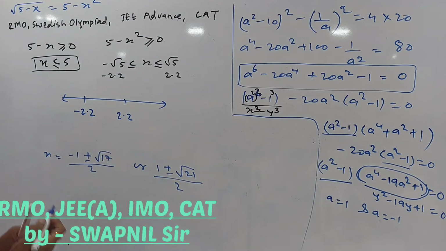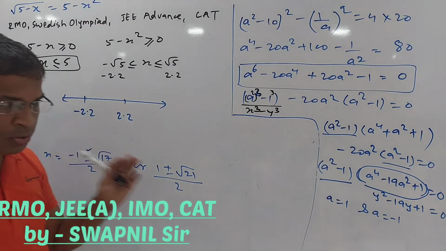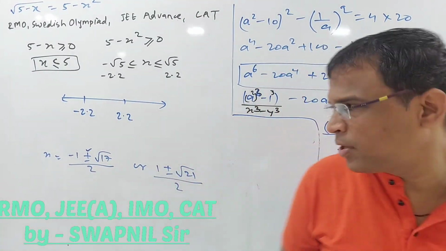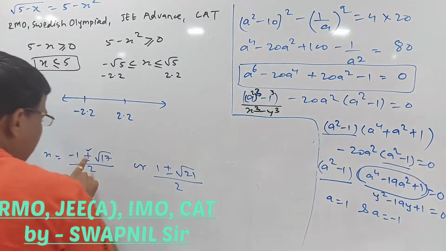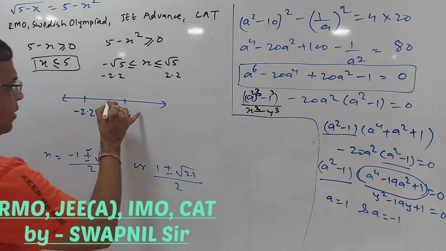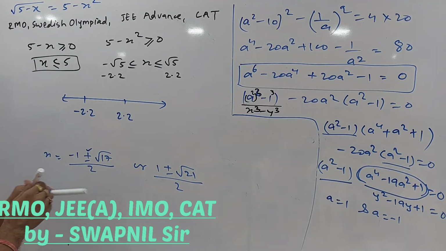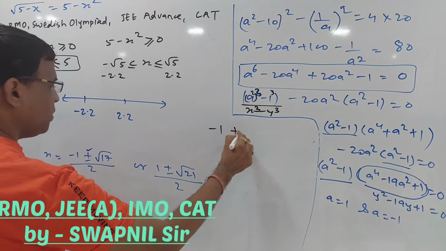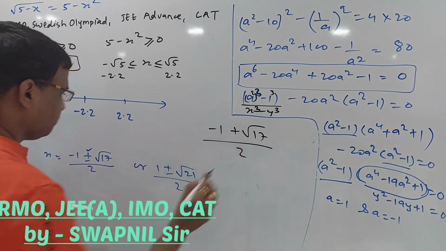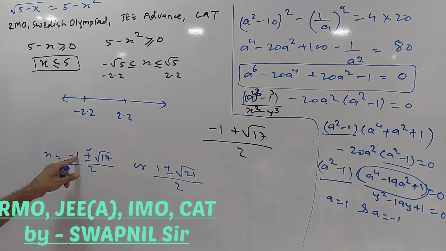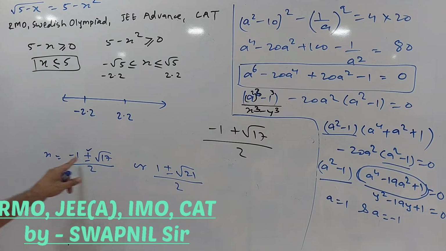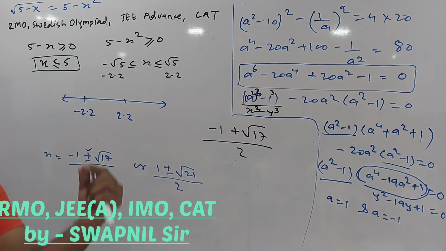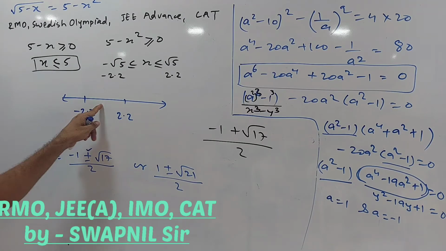Fine. So let me quickly check the plus one first: minus 1 plus root 17 upon 2. Root 16 is 4, so root 17 is 4 point something; let us consider it to be 4 for simplicity. So minus 1 plus 4 is 3, and 3 by 2 lies here. So I can conclude that my first answer will be minus 1 plus root 17 upon 2. Once again, minus 1 plus this will be a little over 4, so I round it off to 4. 4 minus 1 is 3, 3 upon 2 is 1.5, a little over 1.5. It lies in my range, so that is my solution.